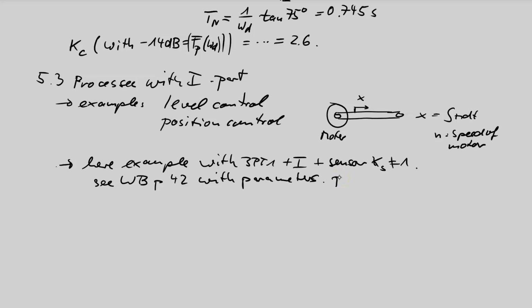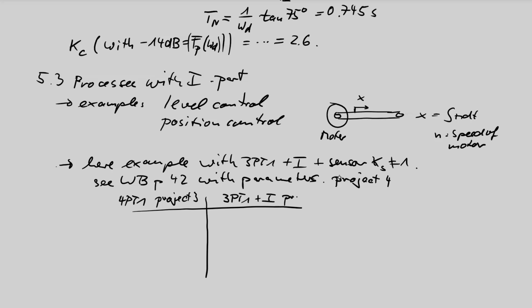Yeah, I call this new project project number 4. And the list of differences I should put into a table. 4 PT1, 3 PT1 plus I. That is project 3. This is project 4. The first difference is the